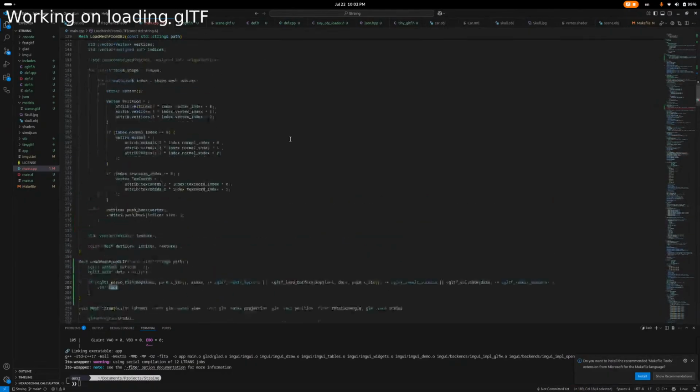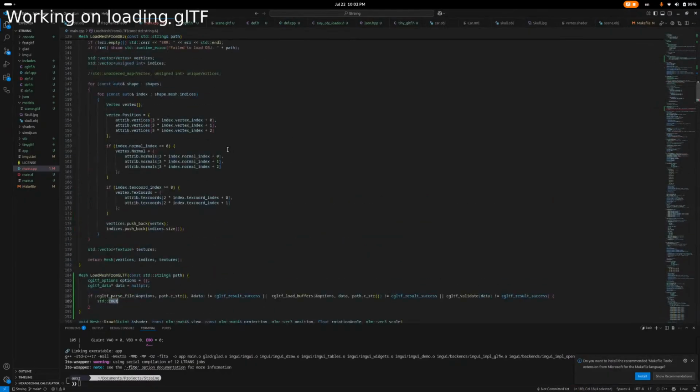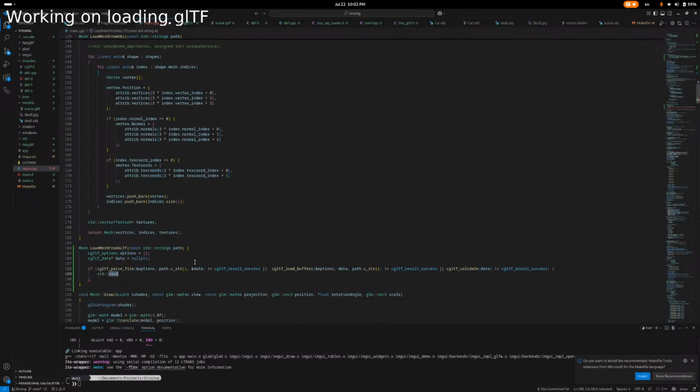Alright, so let's continue. I think you were checking. Yep. So now we can do something like fail. It doesn't tell us why, but it provides us with "fail to load GLTF model",